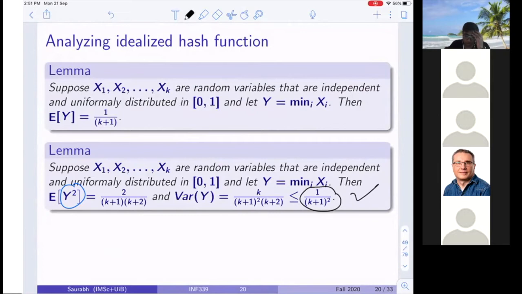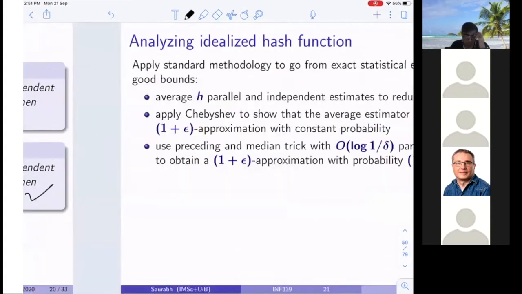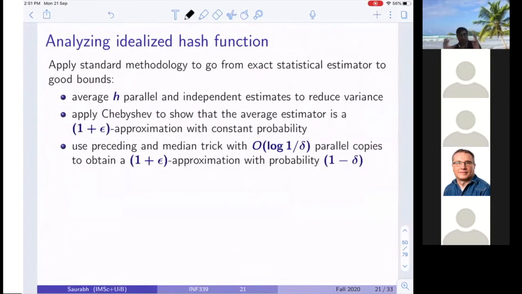So the variance is 1 over (k + 1) whole squared, and k is something which depends on the number of distinct entries. So it could be as bad as n. Now, assuming that we have an idealized hash function,